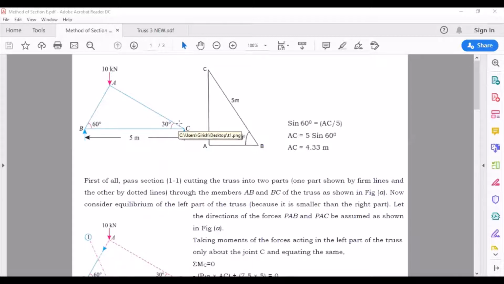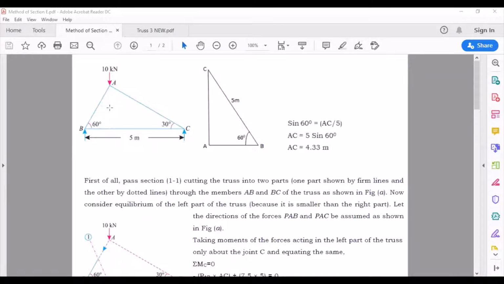required member forces. For example, just presume that you can see a simple truss here. It is A, B, C, wherein you have three members here, that is AB, BC, and AC. Now, just think that I want to calculate only AB and BC. Then I will use this method, that is method of sections, in order to calculate these